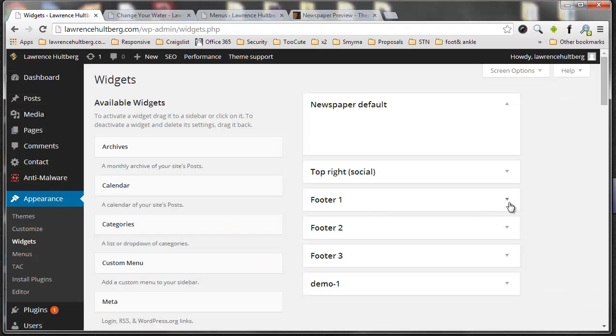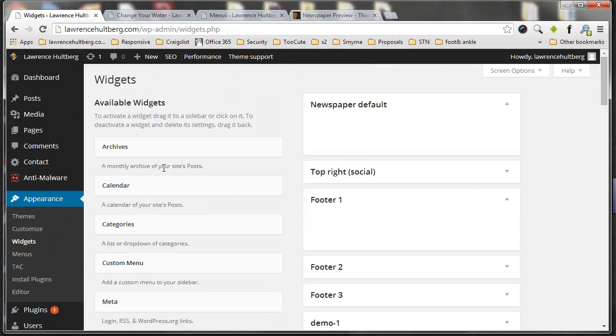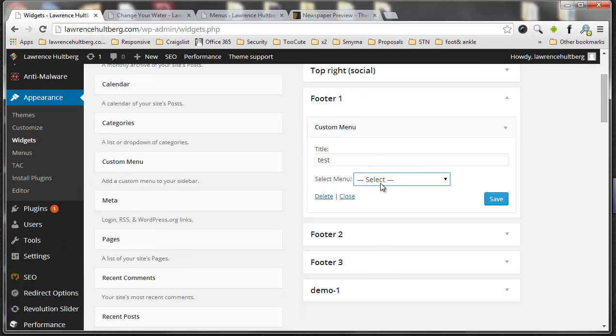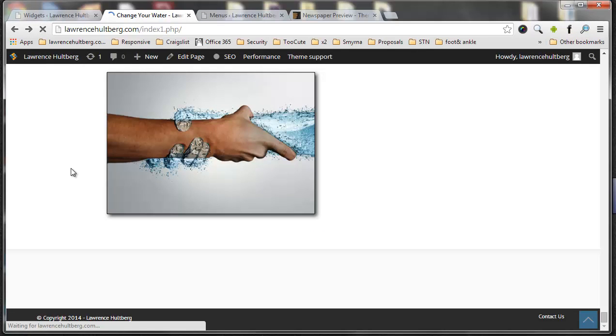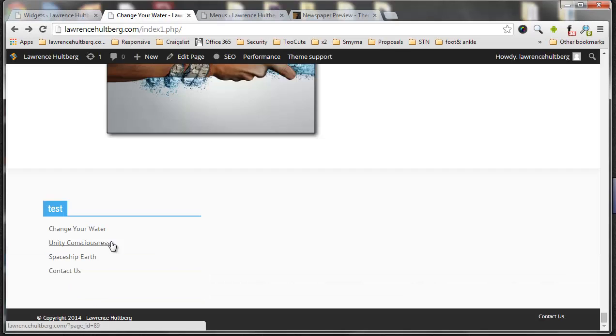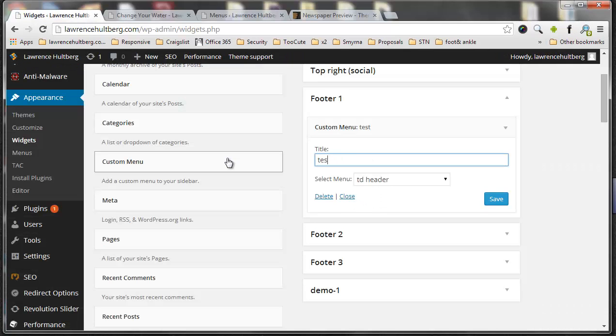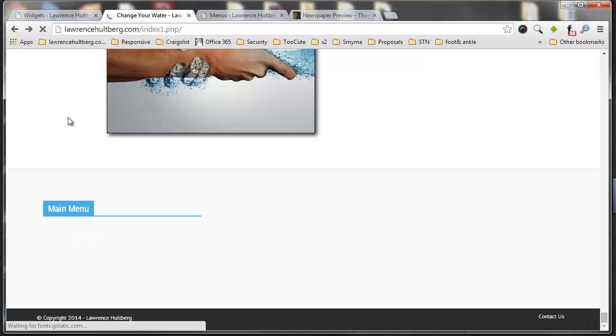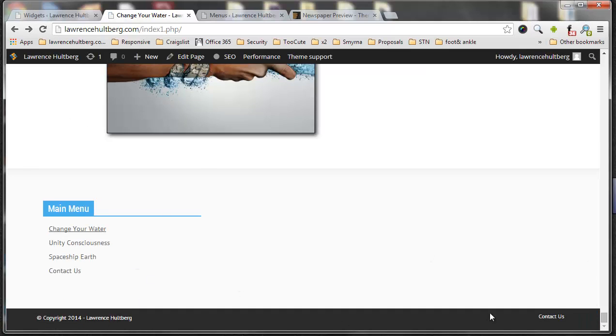Go to widgets. Let's go to footer 1, position here, and on the left hand side, let's add a custom menu. Drag it over. Custom menu to that location. Call it test. Add the location. Let's use the main menu, which would be TD header. Go ahead and click save. Come back, hit refresh. Okay, and notice that your main menu is now down here. Let's call it main menu. Okay, main menu. Click save. Come back, hit refresh. And there you go. Now you have a menu on the footer,